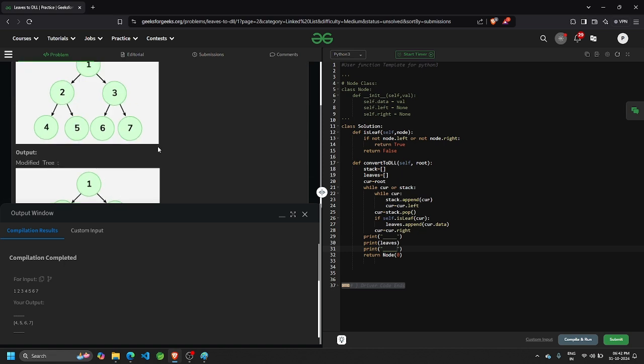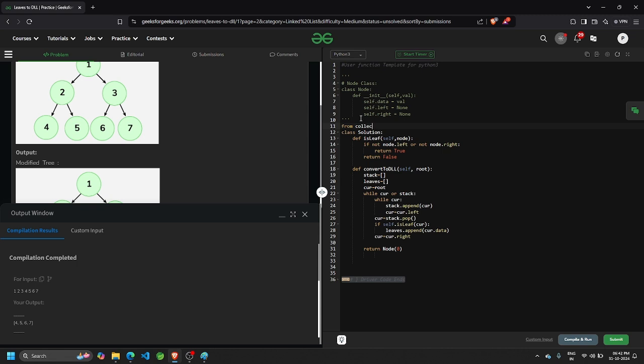But still, the leaf nodes are connected to their parent node. So what you have to do now is a level order traversal to disconnect those leaves. You don't want a default dictionary. You want a deque, and you have the deque with the value of root. Again, you'll have a cur pointing to the root. And while the queue exists, for something in range of length of the queue,